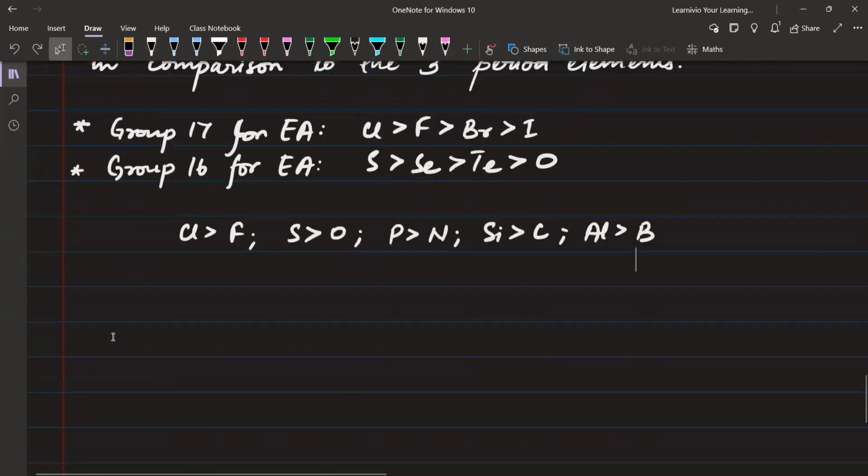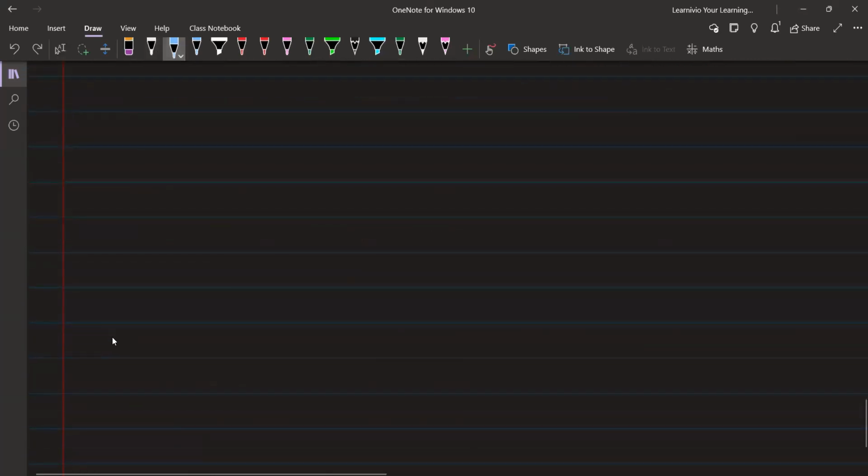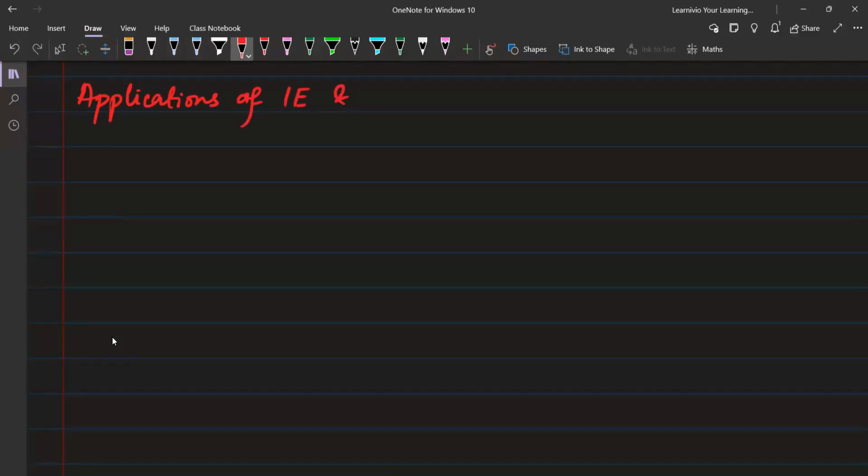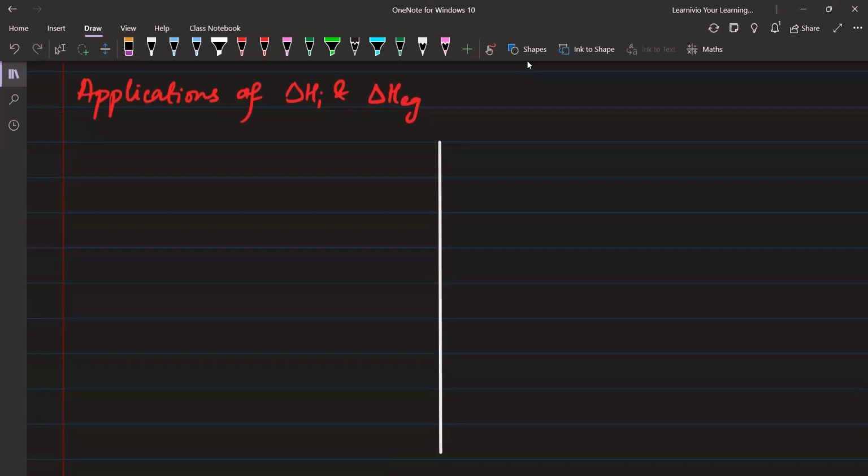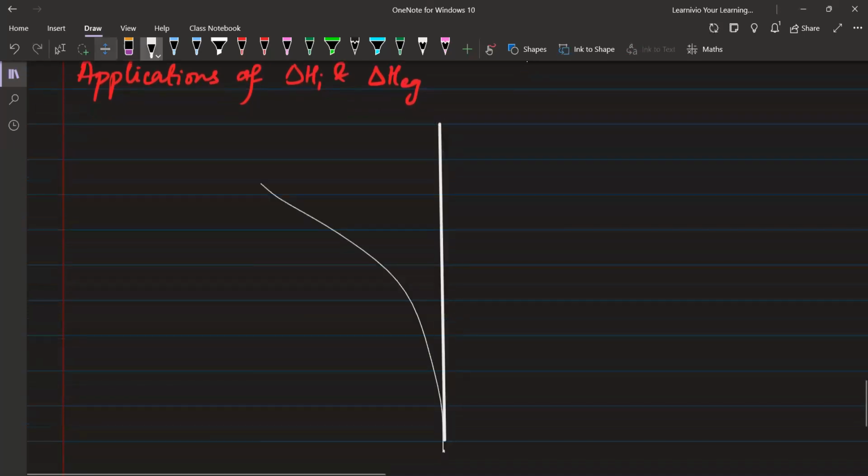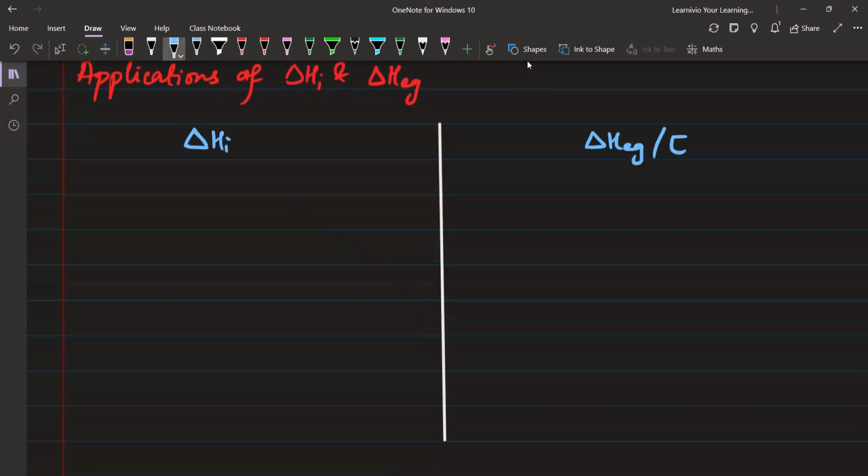ठीक है। उसके बाद देखिएगा आप लोग एप्लीकेशन ऑफ ionization energy and electron gain enthalpy. ठीक है, एप्लीकेशन ऑफ ionization enthalpy and electron gain enthalpy. राइट, देखिए, यहाँ पे रखते हैं हम लोग डेल्टा एच आयोनाइजेशन, डेल्टा एच इलेक्ट्रॉन गेन एंथैल्पी या फिर इलेक्ट्रॉन एफिनिटी है ना, जो भी बोलिए।